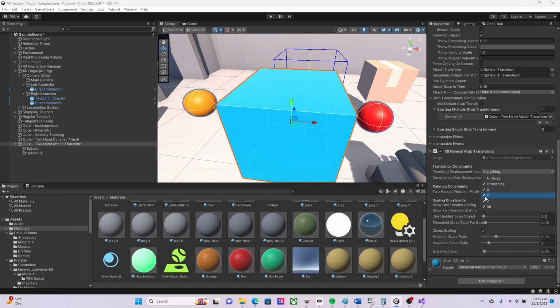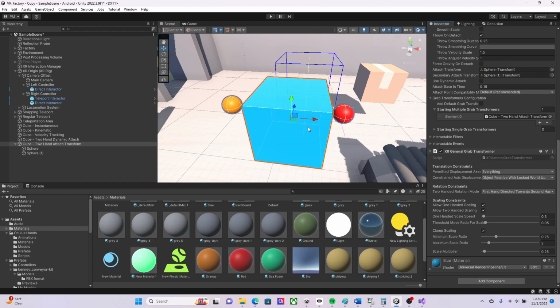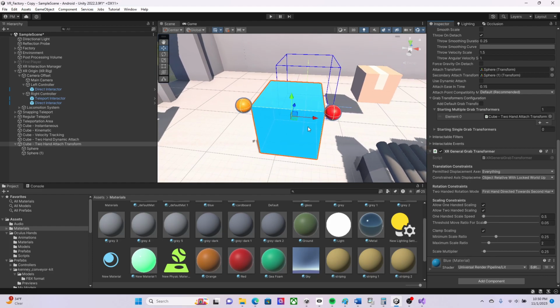So, play around with these settings depending on the type of situation that you have. And again, remember, this is like translation constraints, and then some of these are like the rotation constraints. So just play around with different combinations of that until you figure it out, and you should be good to go. All right, so let's go ahead and move on to the next topics